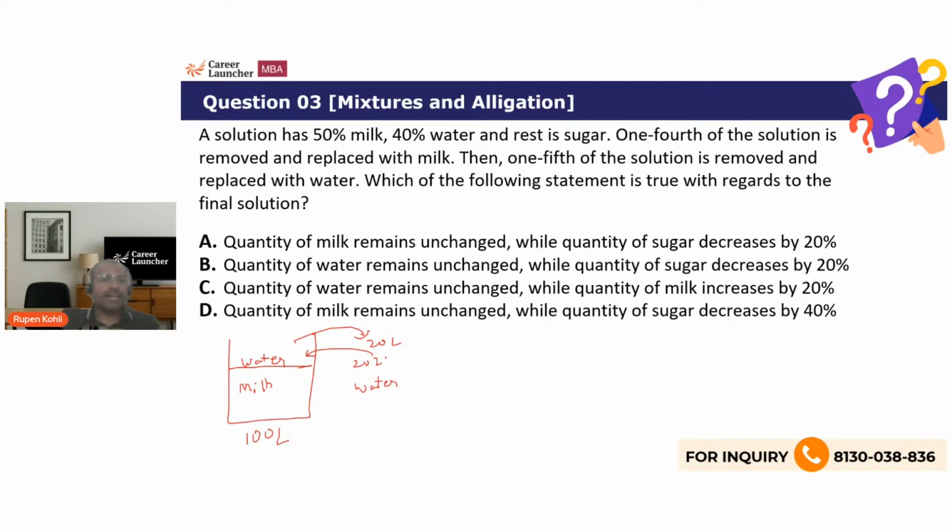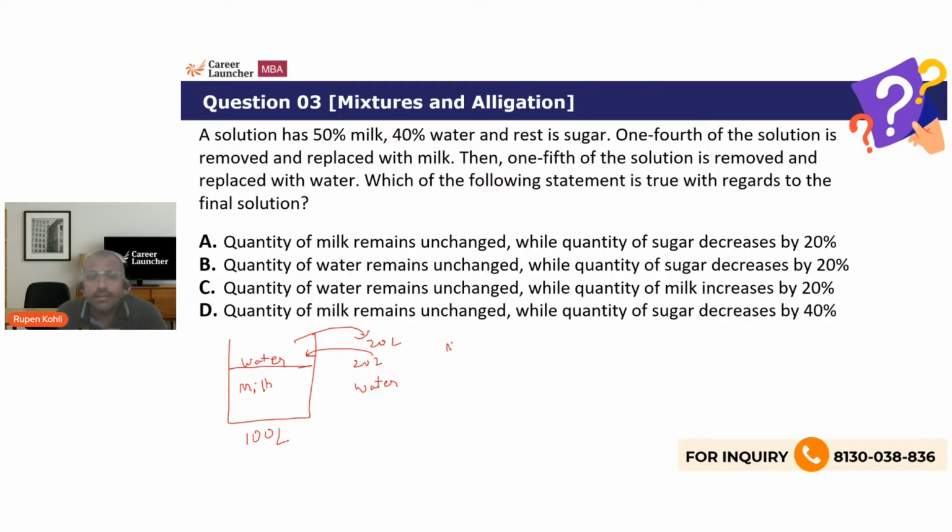So the idea in this kind of situation is that whatever you're pouring in, water, the concentration of that will obviously go up, and so the concentration of the other part, which is milk, will obviously decrease. Let's say the question is that this process is repeated 5 times. What is the final concentration of water? So the concept is, whatever you are diluting, the percentage concentration of that decreases by a percentage which is exactly the same as the percentage of solution that was removed.